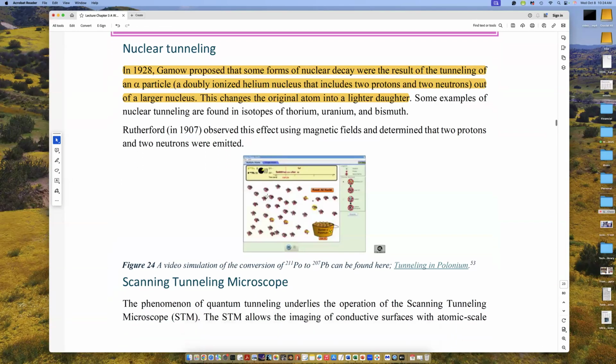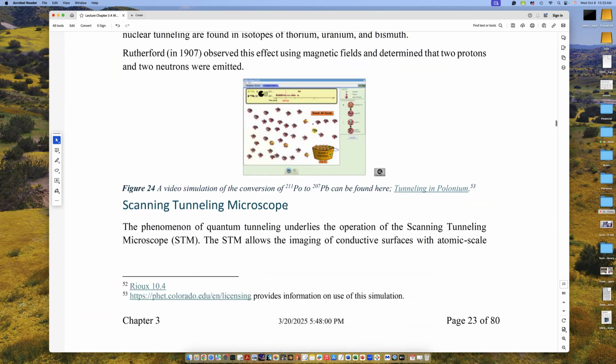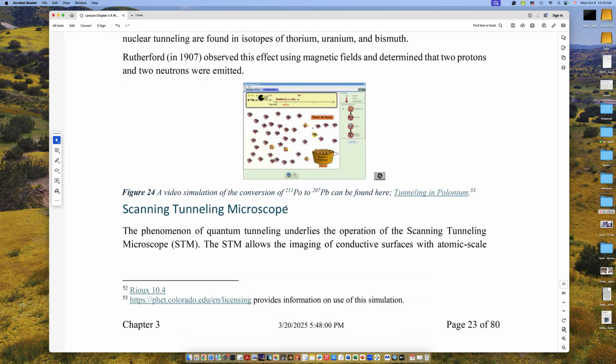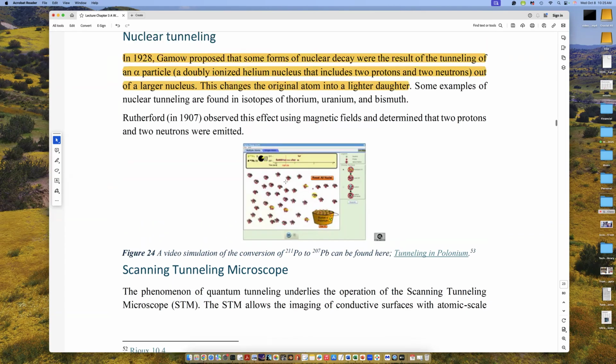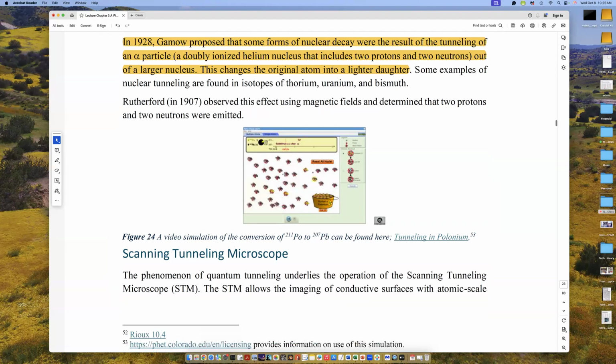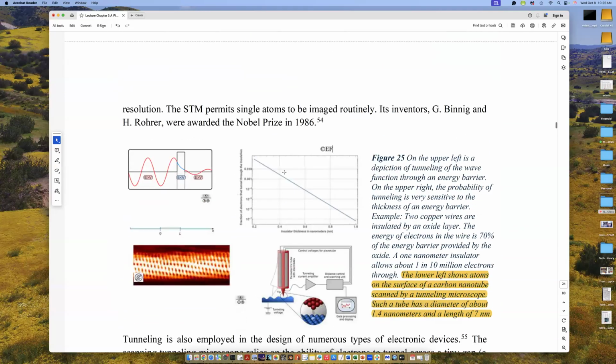Now, here's an example, a game you can play. I'm not going to do it now, but this comes from a set of simulations done by a university in England, where they have the students build these various kinds of animations, and you can see the decay of polonium to an isotope of lead. It's in a cartoon version, so you can control some of the properties, and tunneling is part of the calculation here. We've already talked about the electron microscope.